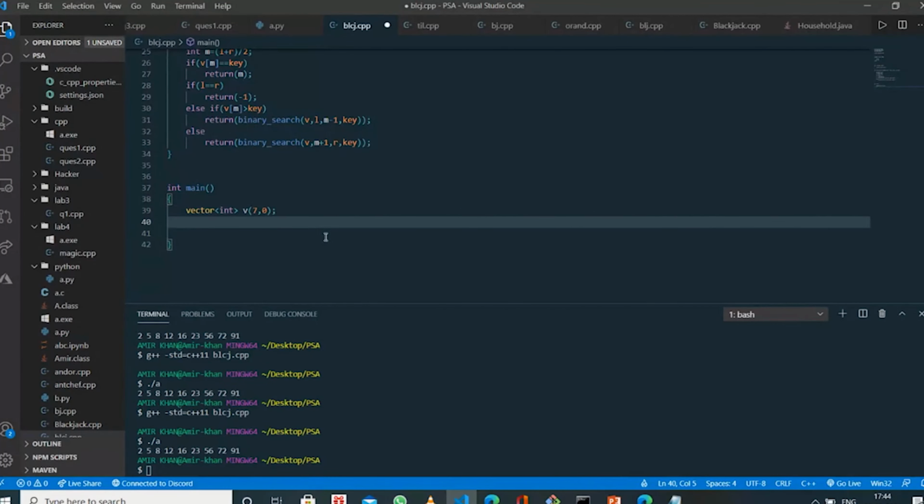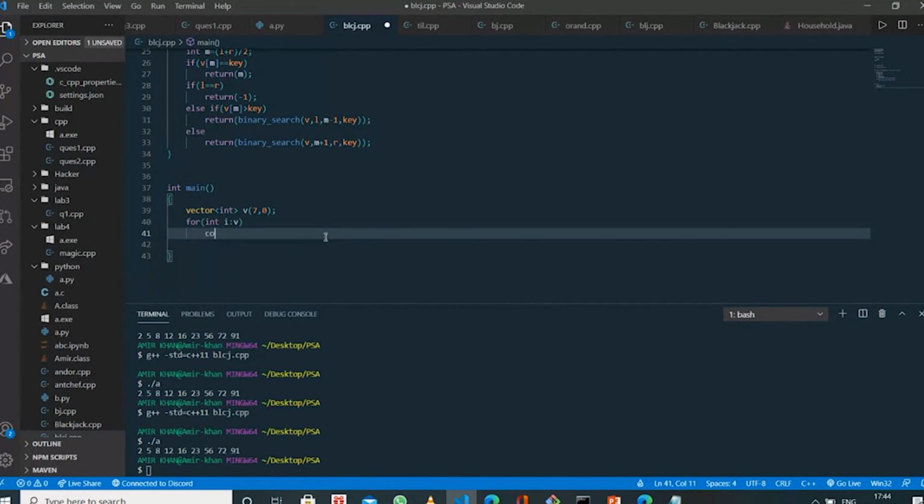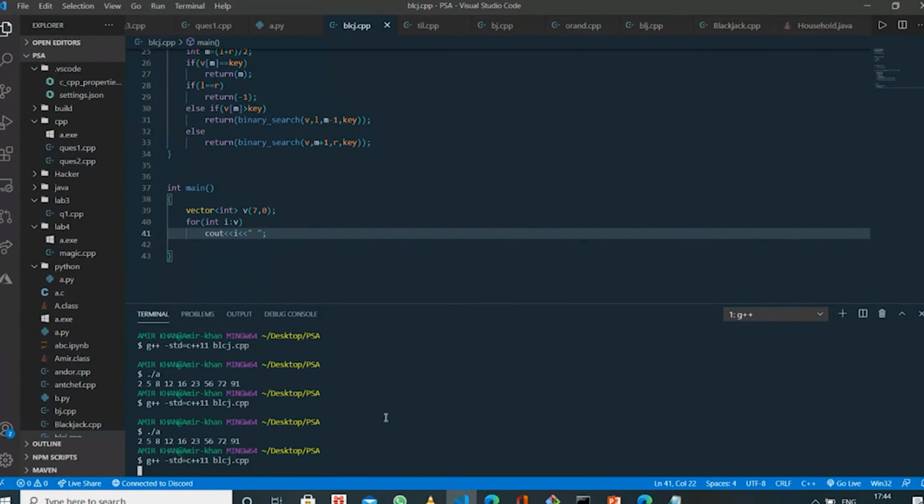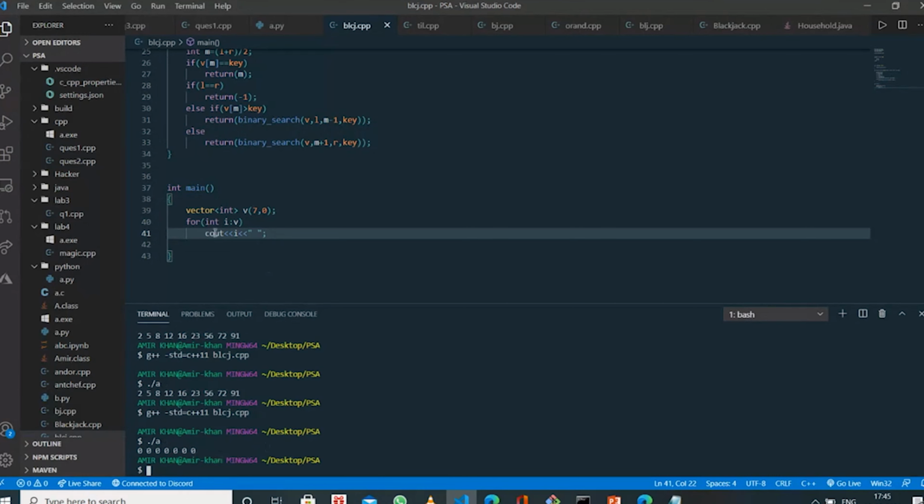So let's print this vector. Zero, zero, zero, which means my vector is initialized with size 7 and value 0.